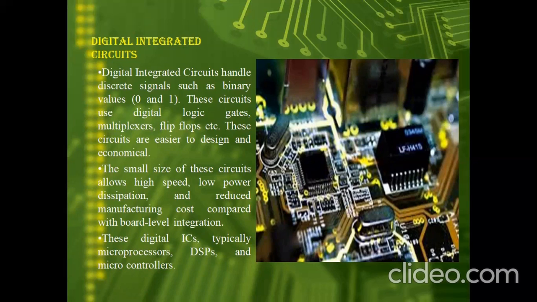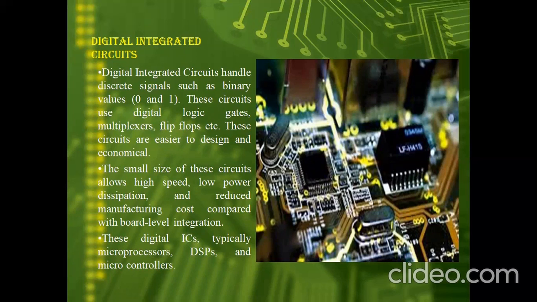We know about digital logic gates and flip-flops. These circuits are easier to design and economical. When the device is small, the speed will be high and it will take less power.